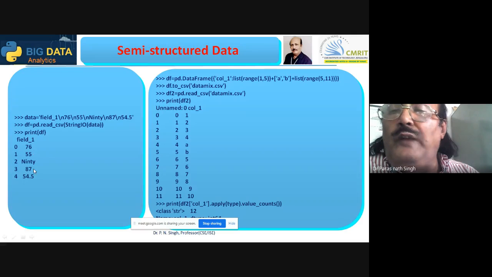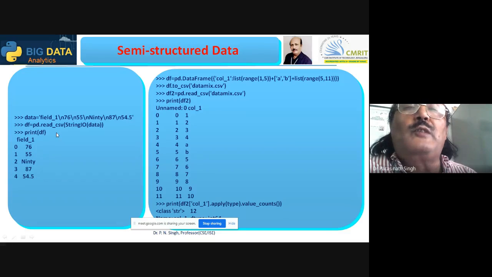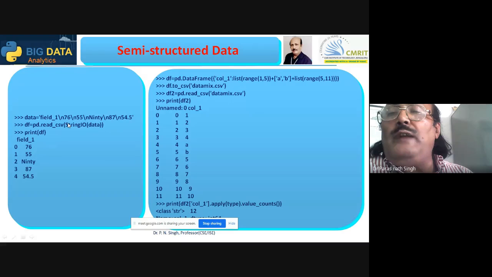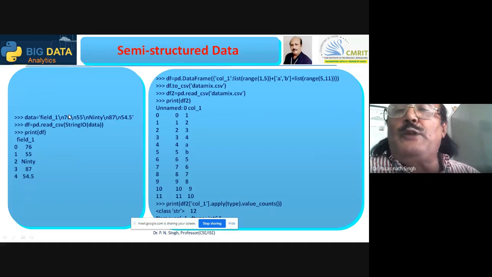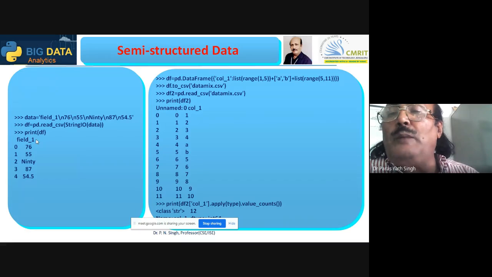So in one field, the integers are also there, this 90 is there, this 87 is there, 54.5 is also there. I have given one example of how to take one string in a data frame, and the string may have the change of line, the escape sequence character for the beginning of a new line, and some of the data are not numbers, because it is heterogeneous, so that one field can have different data types.